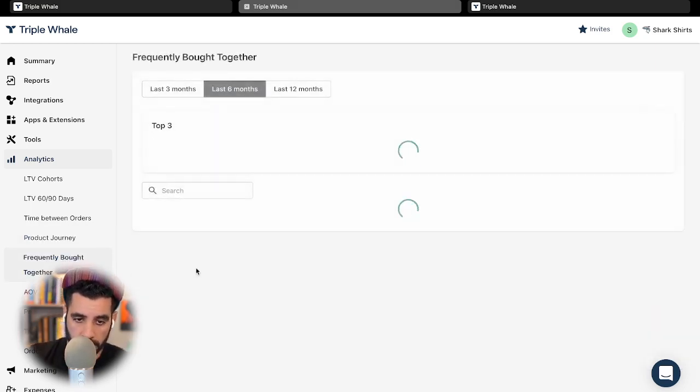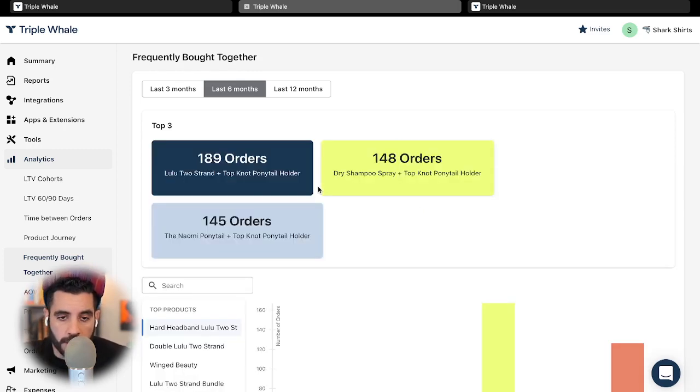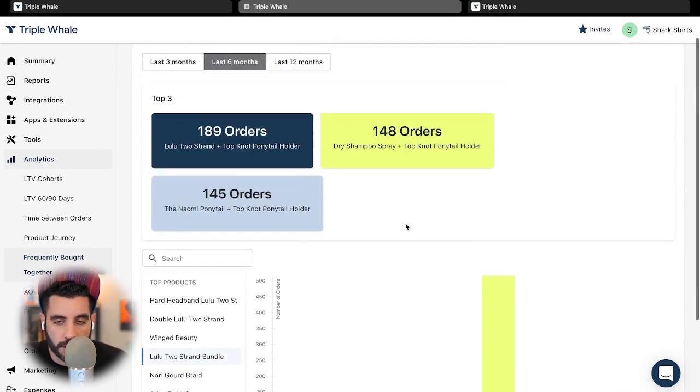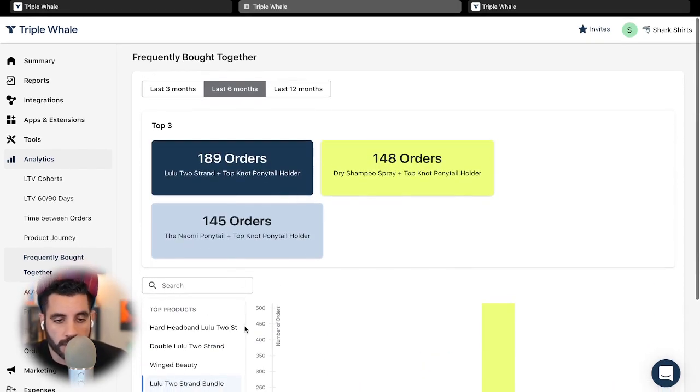The next thing I'm going to do real quickly is look at my bundles. And so just seeing kind of what goes together and is frequently bought together. And then this will just bundle up my top 3. And then I can check on the website if this client already has these bundles. I can choose by product to see, okay, choose some top sellers and see what top sellers are being bundled